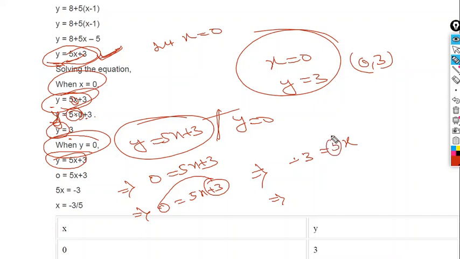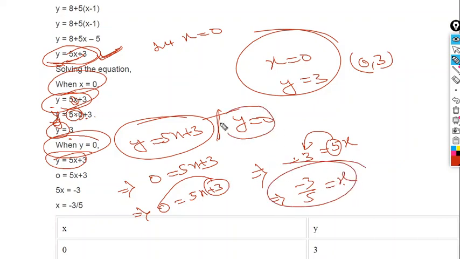Now transpose 5 to LHS, minus 3 by 5 equal to x. So you got another point, x when y equal to 0, that is minus 3 by 5, 0. So you got 2 coordinates, that is 0, 3 and minus 3 by 5, 0. Okay, now you plot a graph